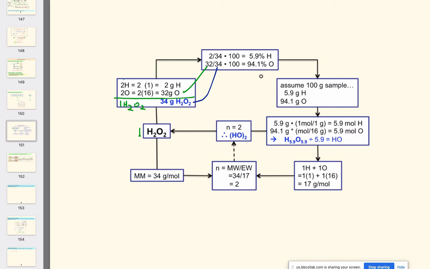Sometimes we get products from the field, and it's very easy to get these numbers. An analytical chemist can get these numbers very easily. And oftentimes in the real world, when I used to work, I would be given just a black blob of stuff, just some gunk. And they would say, hey, what is this? Well, first thing I would do is send it to analytical, and they would tell me what the weight percent